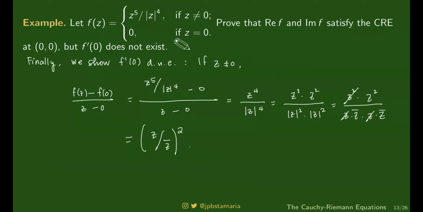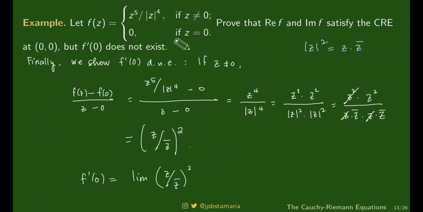Were you able to follow these computations? Nasundan niyo ba yung computation? Okay. Ginamit ko dito, critical itong part na ito: absolute z squared, hindi yan parehas sa z squared ha. True lang yun kapag real. Sa complex plane, ang absolute z squared ay z z bar. Okay, do not forget that. So ito yung mangyayari. So, all you need to do is to prove that this limit does not exist.